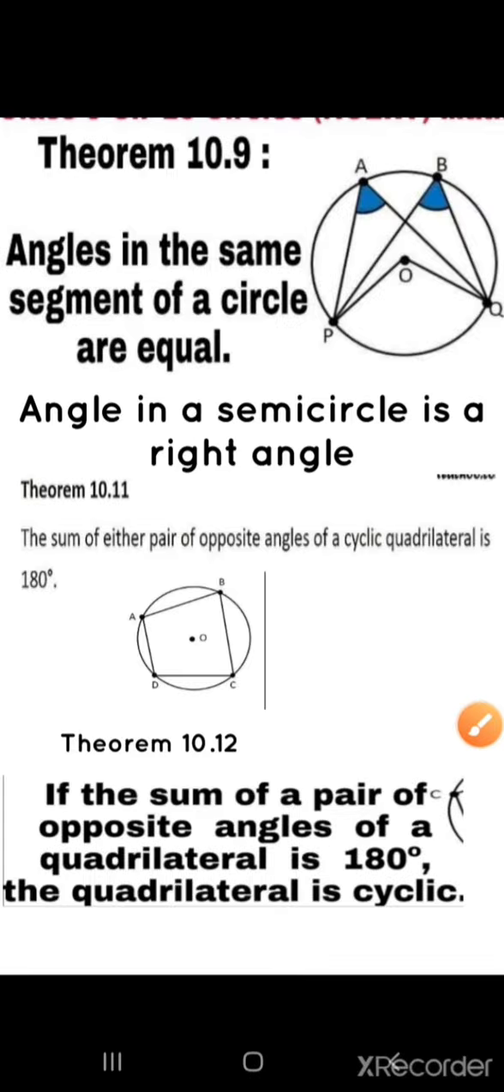Next theorem, theorem number 10.9. Angles in the same segment of a circle are equal. See the picture. Same segment of a circle. Angles in the same segment of a circle means